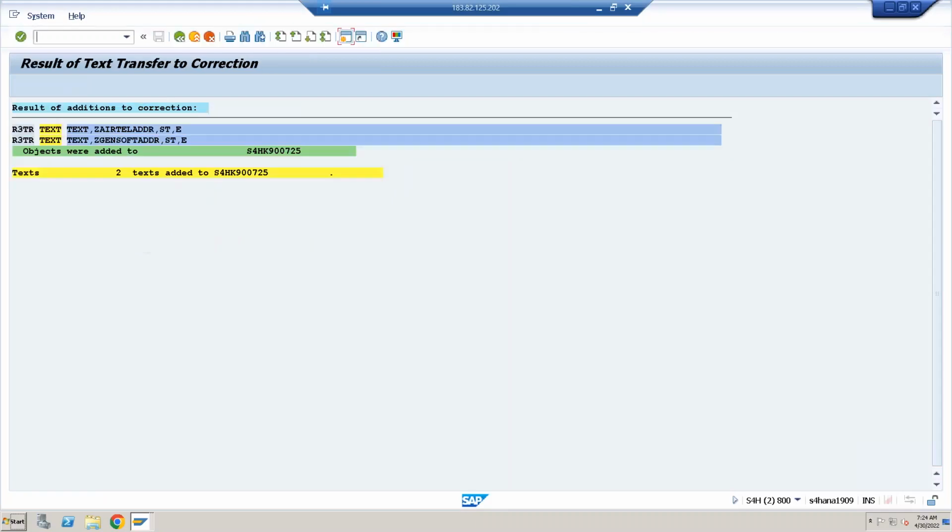Yes. Good. Okay, now I didn't get any error. What is the message I got? Two texts are added to what? S4HK 900